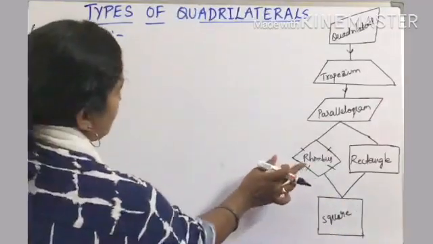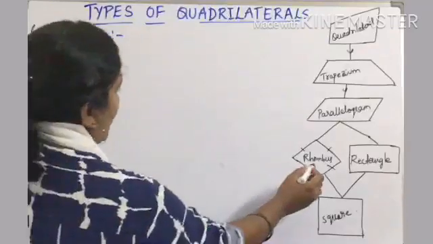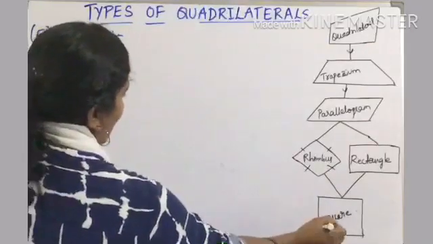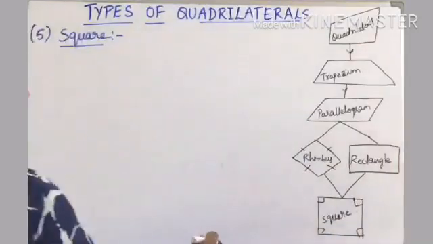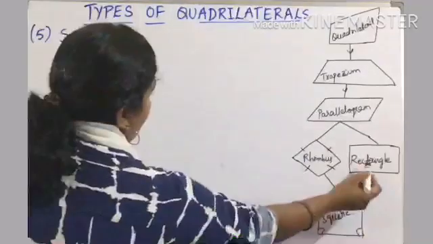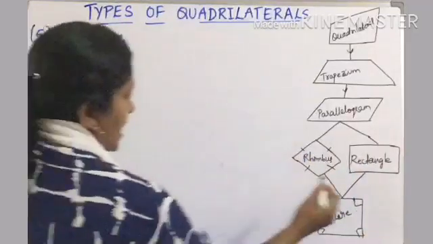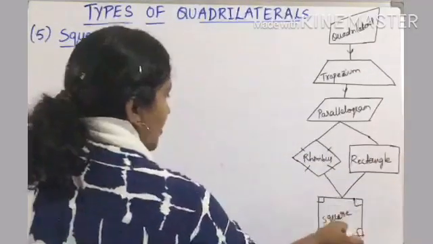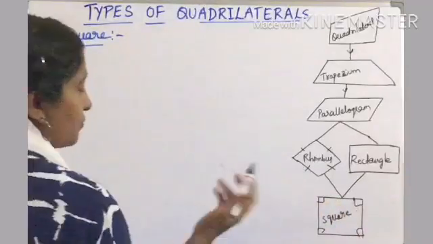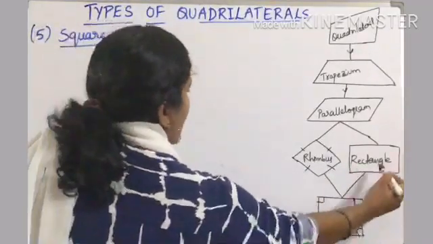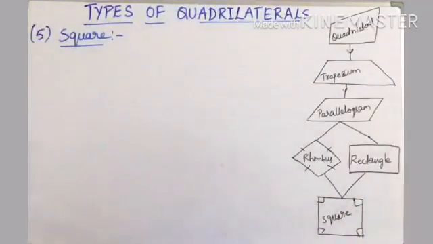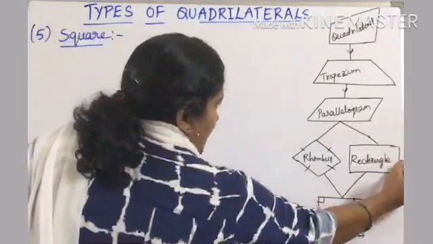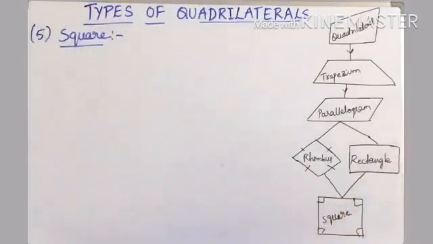Then what is the difference between rhombus and square? In rhombus all angles are not 90 degrees, but in square all the angles are 90 degrees. Coming to this, we can compare square with rectangle also. Right? Rectangle, opposite sides are equal. In square also opposite sides are equal. Then what is the difference? A square is a rectangle in which adjacent sides are equal. Here, if this side and this side is equal, then it will become a square.